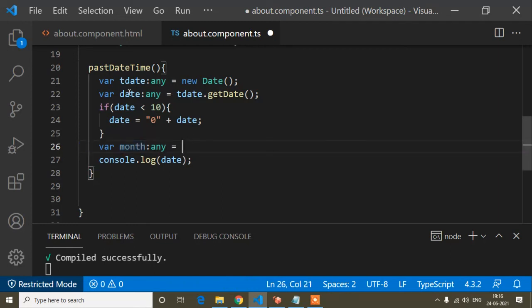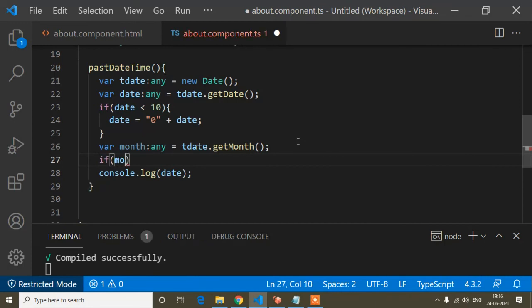Okay, and the toDate, this is here because in this variable and in this method I am getting all the date, time, hours, everything. So from this toDate, I will just extract our month. So here is the JavaScript predefined method, that is getMonth, and parentheses like this.